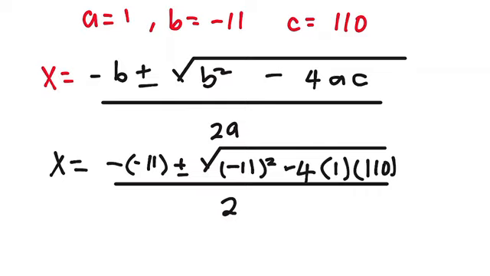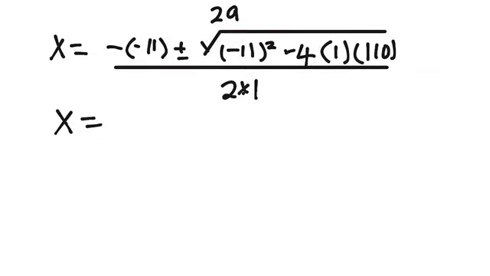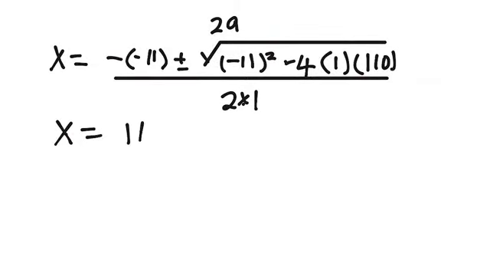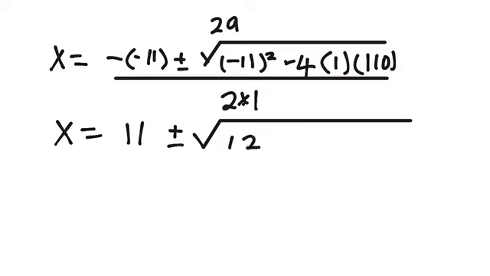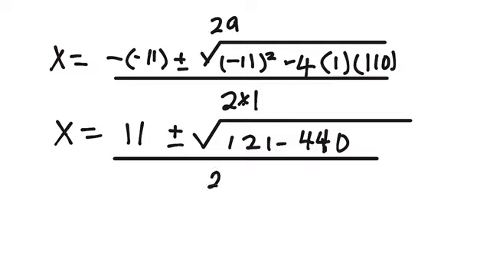And what is our a? A is 1, multiplied by 1. Understand? So we have x equals 11 plus or minus, so we're going to have this to be 121. So minus 4 times 1 times 110. So we're going to be having this to be minus 440, then divided by 2. So we have x equals 11 plus or minus